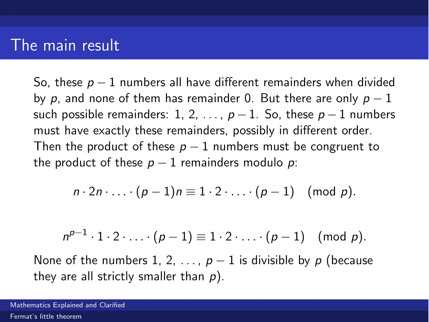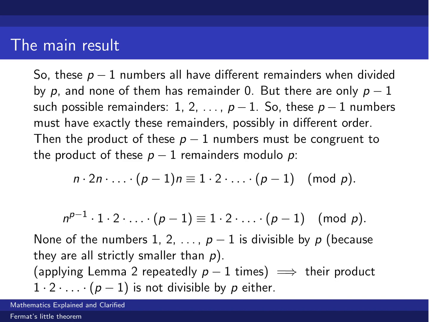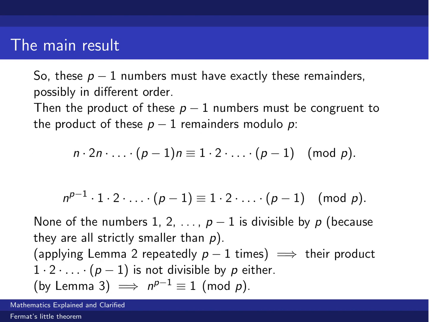Now we notice that none of these numbers 1, 2, 3, and so on, p minus 1 is divisible by p, because they're all strictly smaller than p. And if we apply lemma 2 repeatedly p minus 1 times, we get that their product, 1 multiplied by 2 multiplied by so on multiplied by p minus 1, is not divisible by p either. So this means that